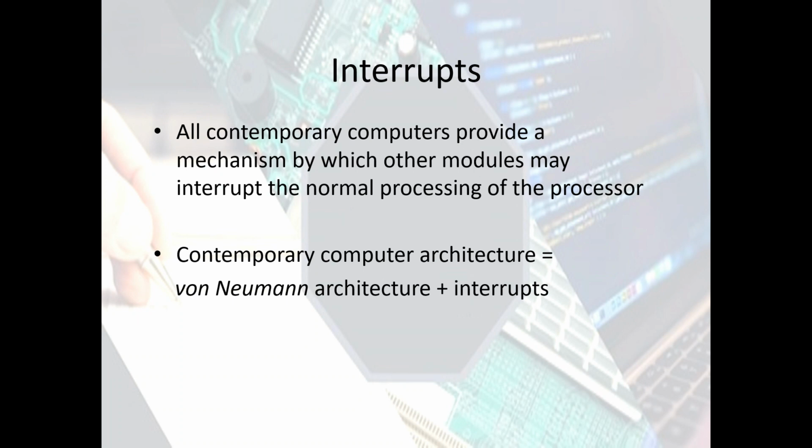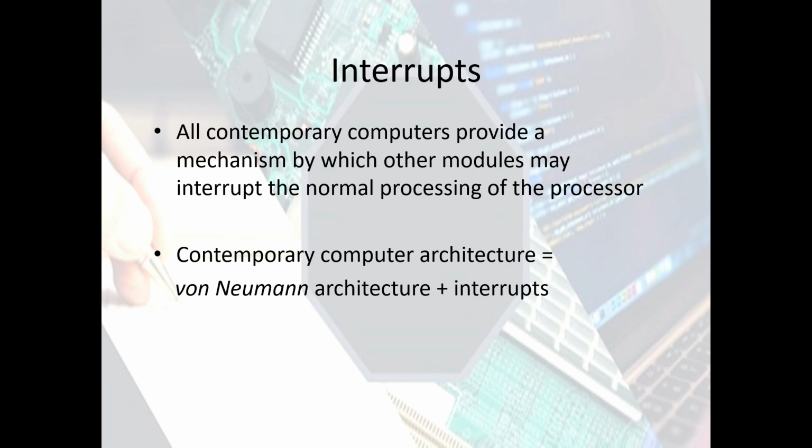When an interrupt occurs, the CPU temporarily stops its current activities, saves its state, and jumps to a predefined routine to handle the interrupt. This enables computers to efficiently manage multiple tasks and respond swiftly to external events while maintaining